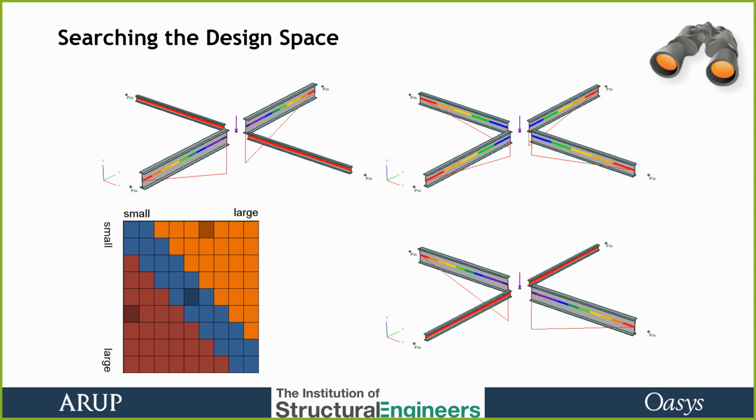Having decided, are they going to be the same? Are they going to be different? Analyze them. Design the beams to carry those bending moments. Then reanalyze to check, because obviously changing stiffnesses can change the moment distribution, but also self-weight of the sections can change the loads and so on. And that might require a new set of sections, and we might find that wherever we start in the design